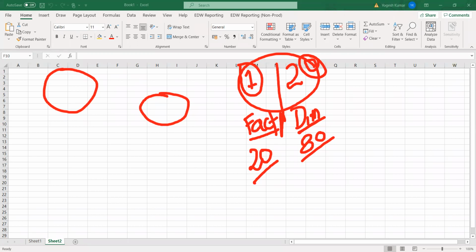Both will not be covered in one session, but we'll cover as much as we can. Everything is really important in terms of real-time execution. I'll explain each dimension with a real-time example. We'll start from the dimension.